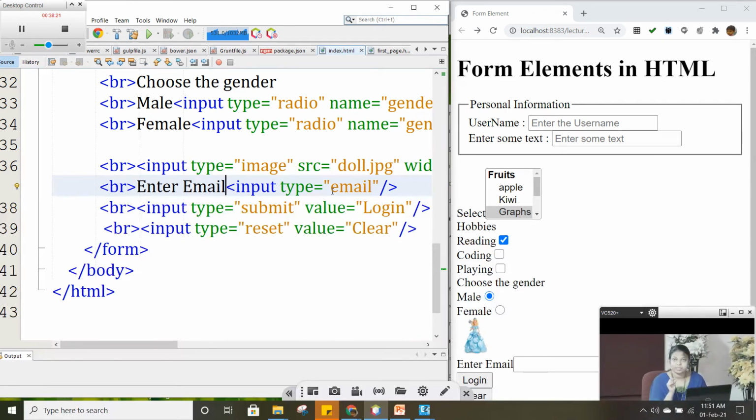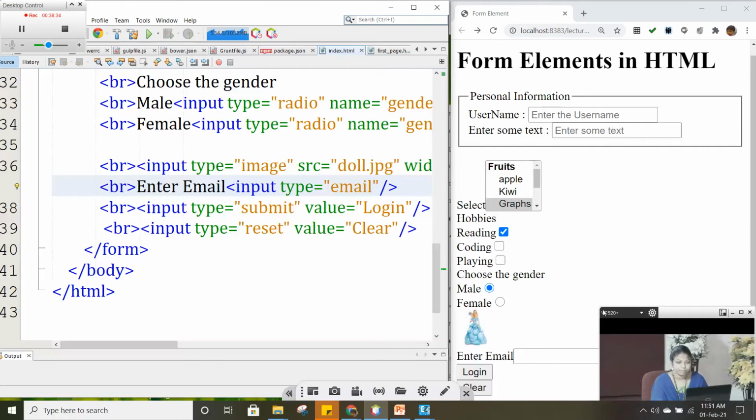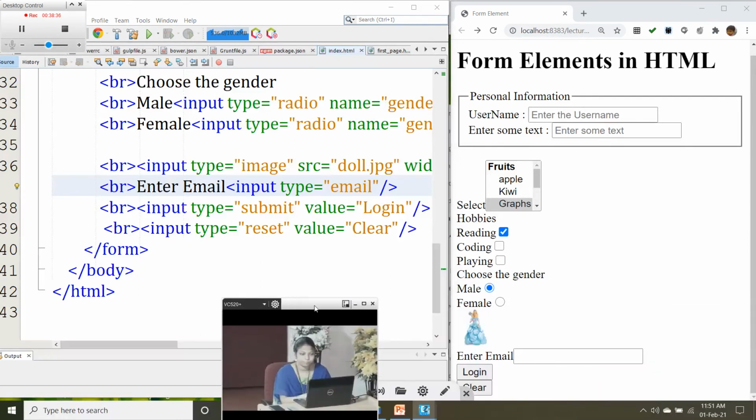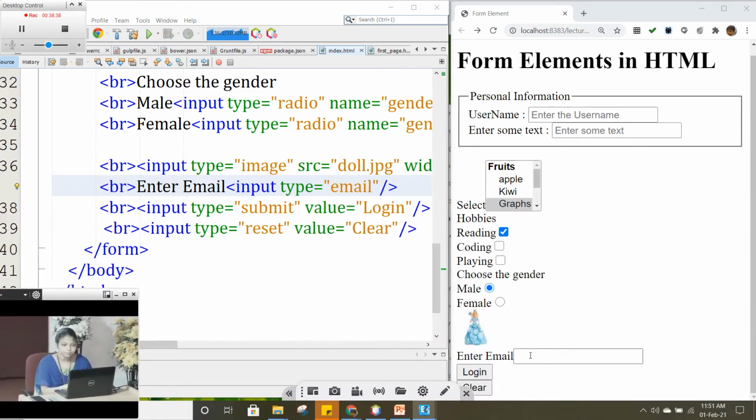We know whenever we type an email, there should be a symbol, for example, roshni@karunet.edu. So there is an @ and a dot symbol and all. Say for example here, let me put some email, I'm not going to put the @ symbol. And when I say login, here we have put required, right? Since it is asked, that's why it is asking for some data here.